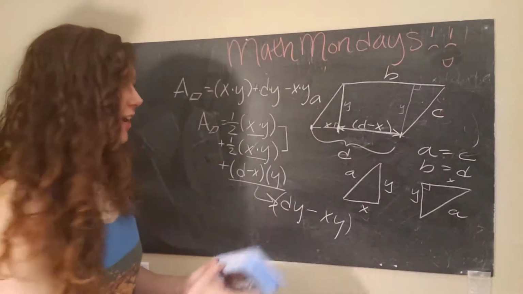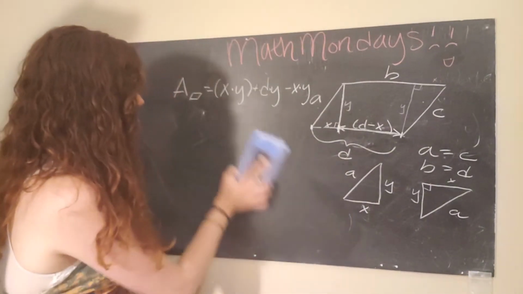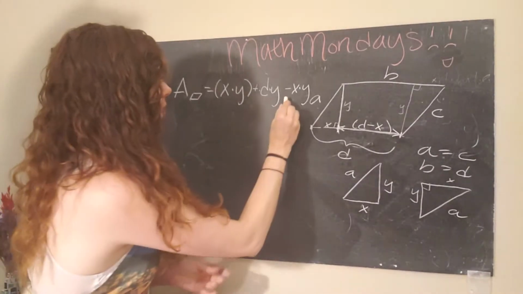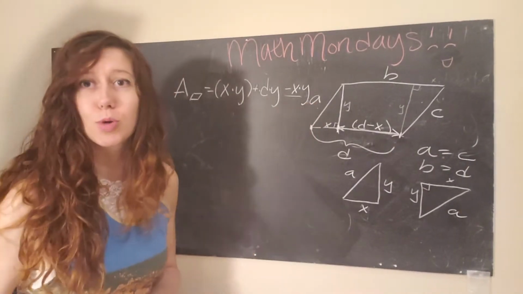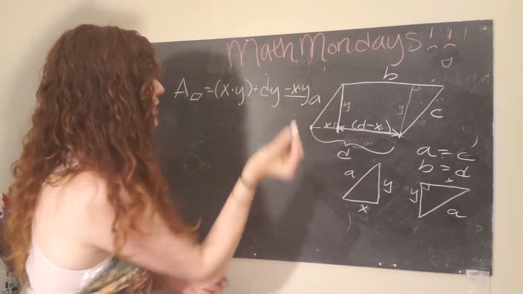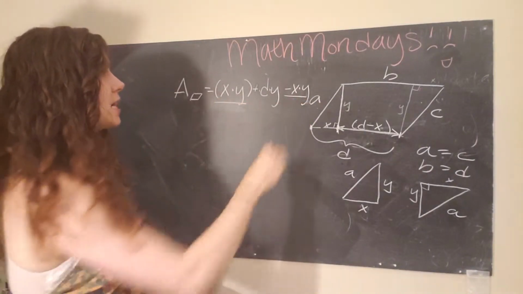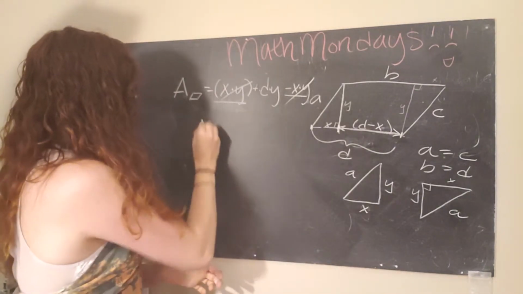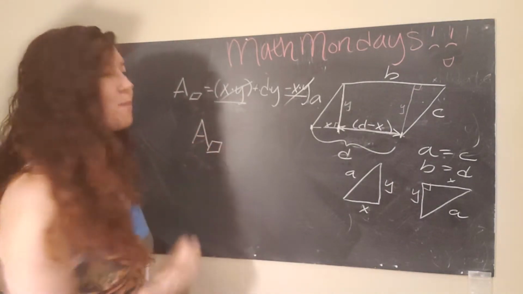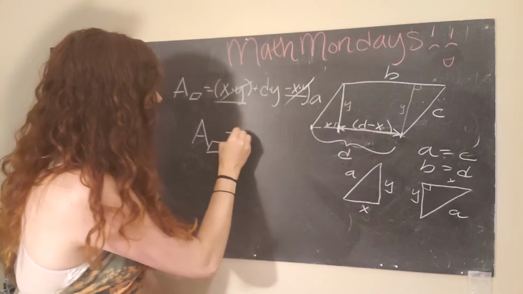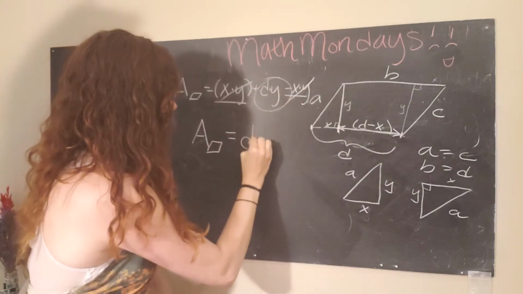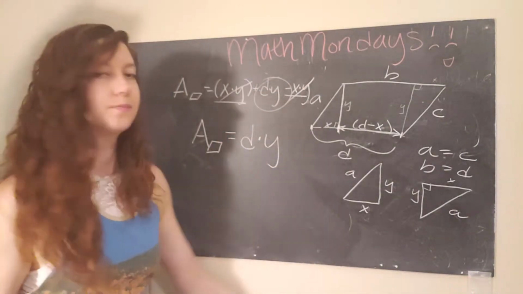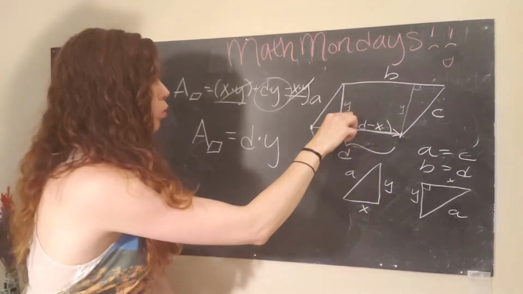Ho-ho! This is interesting. Because check this out. I have, whoops, oh, my chalk broke, so sad. I have a negative X times Y and a positive X times Y. Oh, what's up? They cancel! Huzzah! Pretty rad. Okay, so now all I have left is D times Y. That's it. Where Y is the